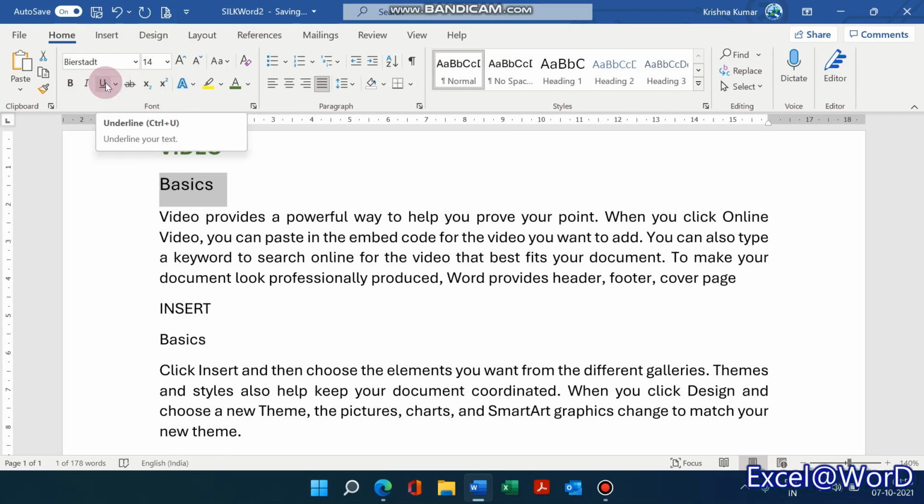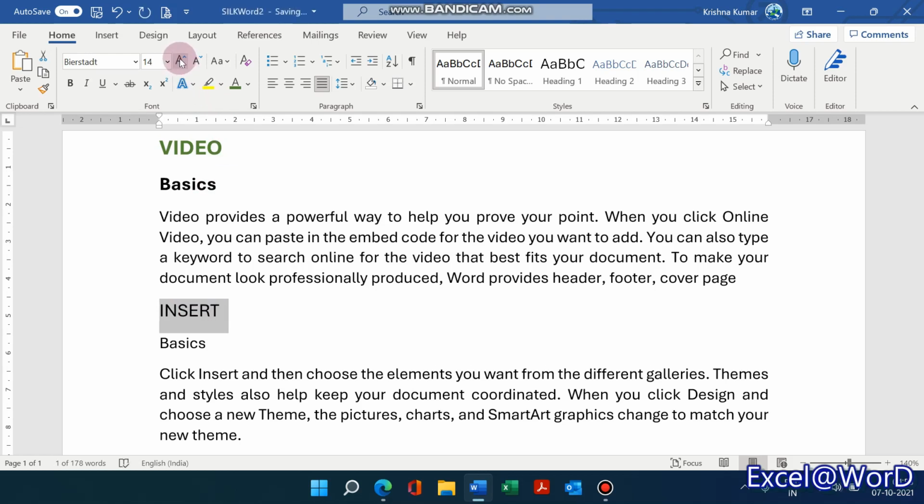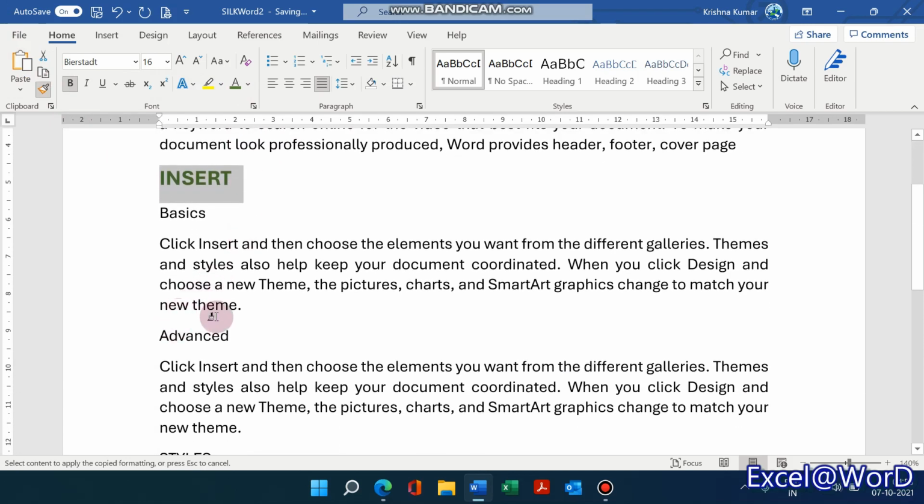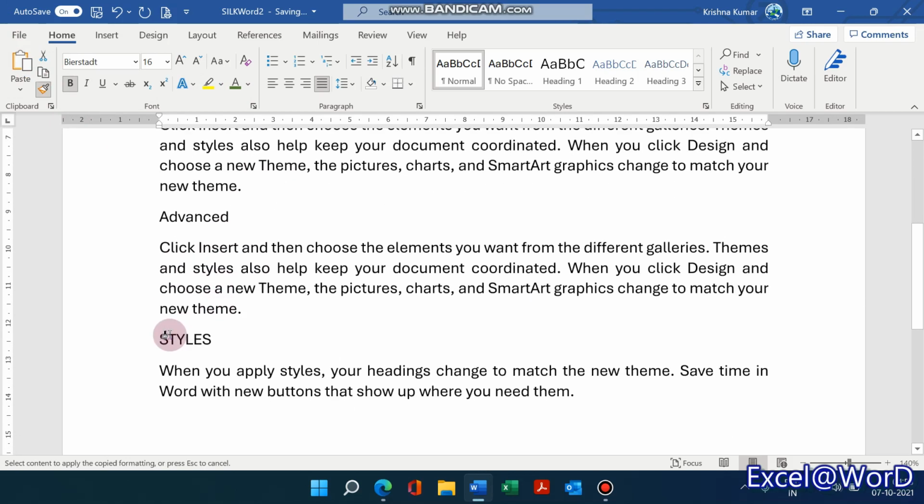Let us say you need to underline or whatever. Make it another again. This will be a normal topic. Same thing for the next topic. You can do the same exercise here. Or just simply use the format painter option and apply it, for example.